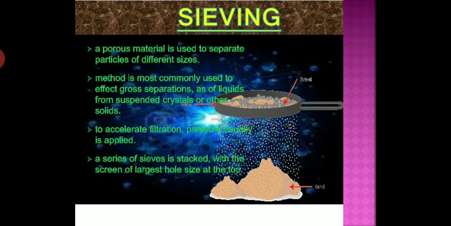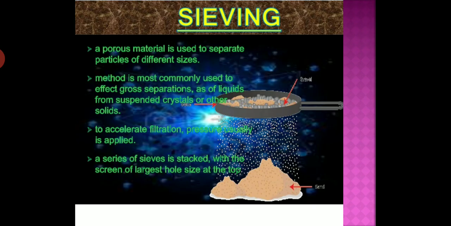The first method is sieving. Students, in some cases bigger components of a mixture can be easily separated by the use of a sieve. What do you mean by a sieve? You know what a sieve is? It is a mechanical device in which a mesh is attached to a frame, which you can see at home. When the mixture is placed on the mesh and shaken or stirred, what will happen?